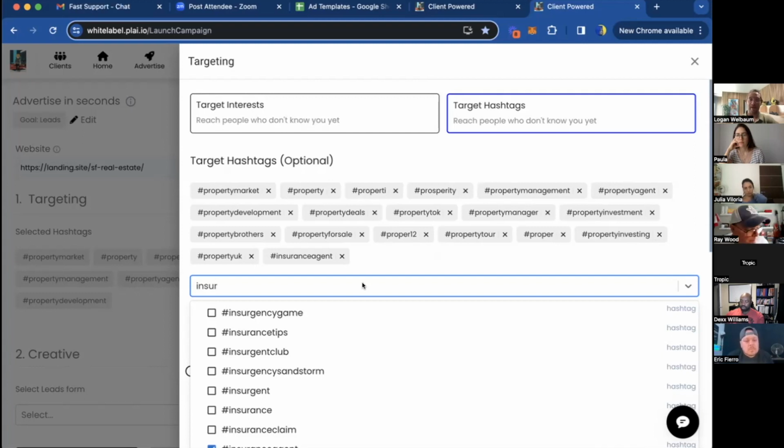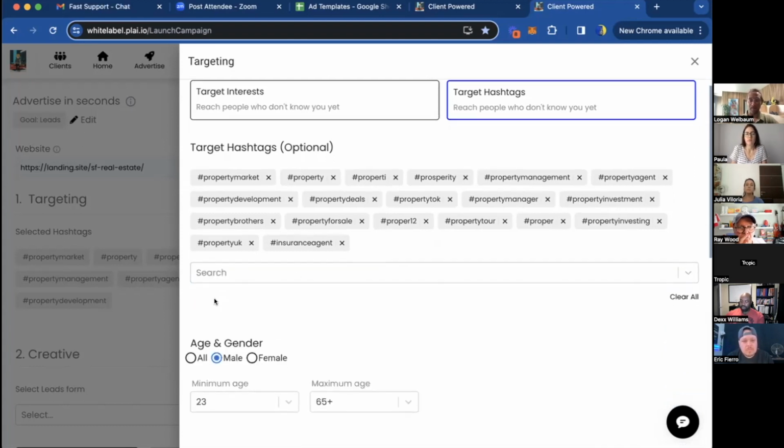But since TikTok came out with this virality approach, you can reach people who have never followed you and have never seen your content. So their algorithm is really good at finding people already. But if you did want to do targeting, I'd probably do the hashtag targeting right here on TikTok.